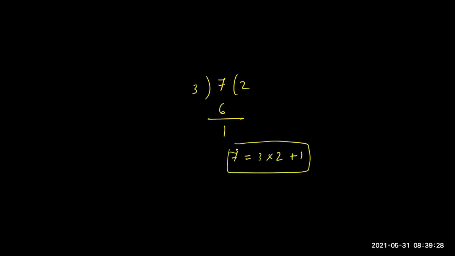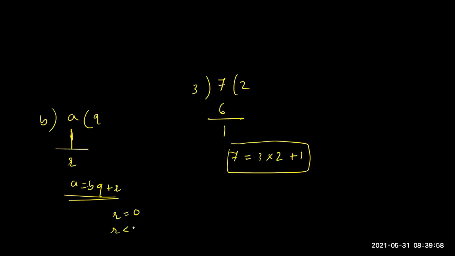So this is the lemma. Suppose we have the number A, I am dividing it by B, with quotient Q, then we will get remainder R. So A is equal to BQ plus R. This is Euclid division lemma, where R can be equal to 0 or it is less than B. R never can be greater than the divisor. It should not cross the divisor.